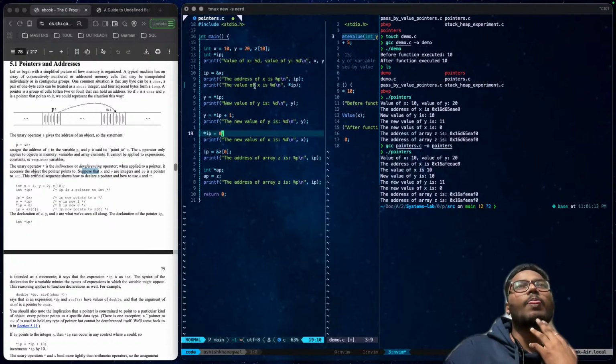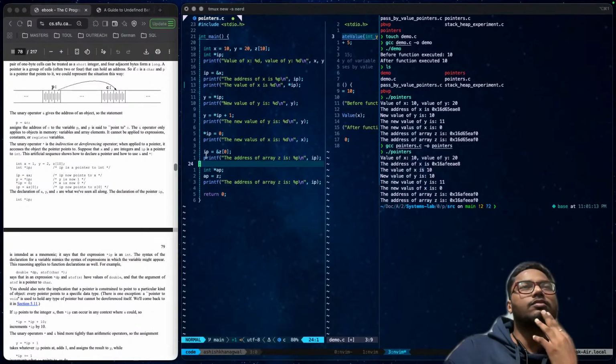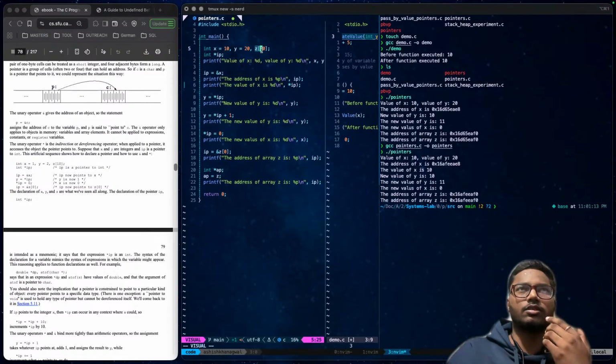And look, this is our array. And this is a similar concept: now we assigned our pointer the address of this array.